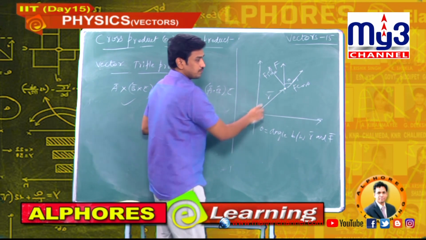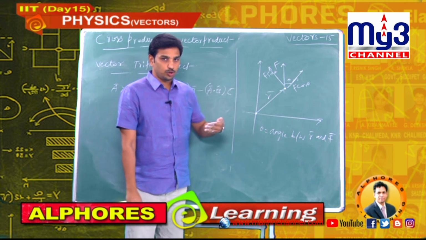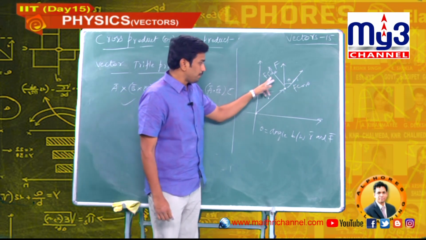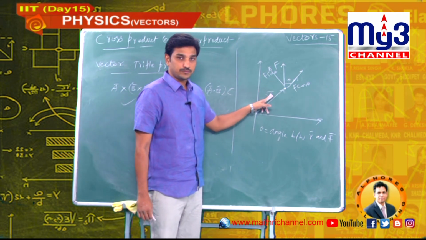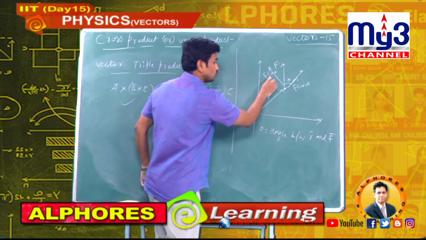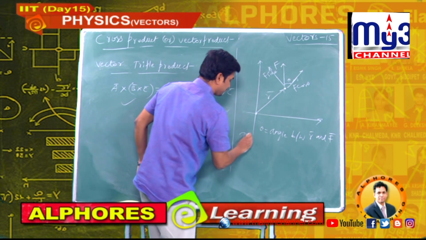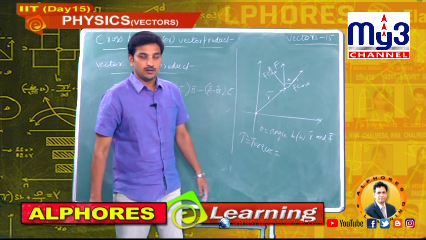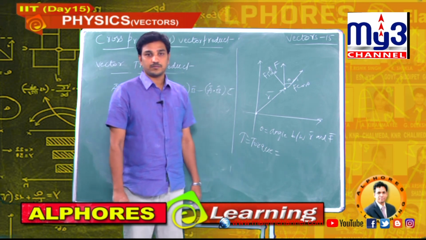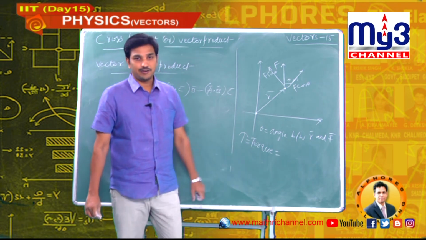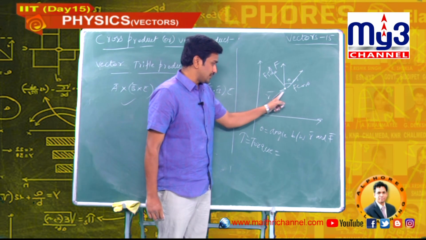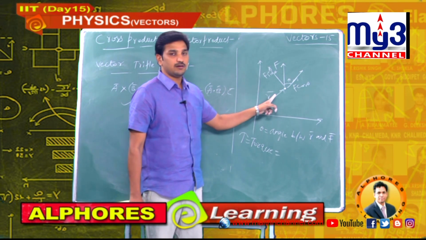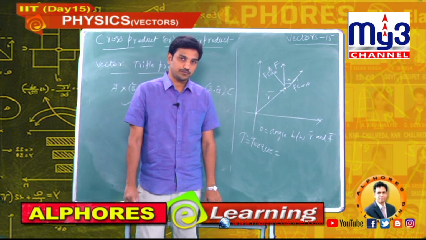Multiplication of these two is cross. If two are in the same direction, the product is dot. If two are perpendicular, the product of these two is cross. Now the product of these two is called torque. Torque is a rotational effect. Why are we getting a rotational effect? From a fixed distance, if you have the force in this way, the product of these two gives a rotational effect, and that rotational effect is torque.